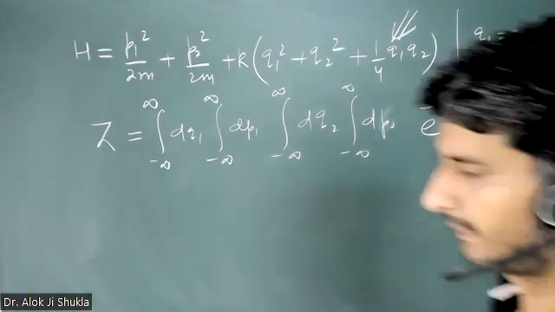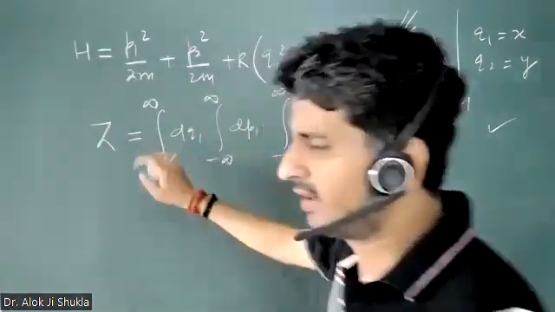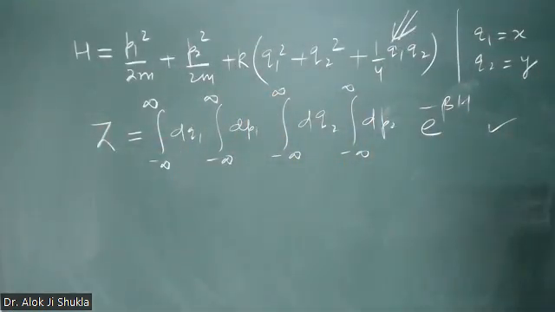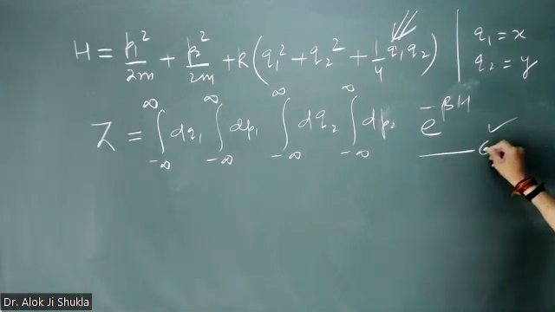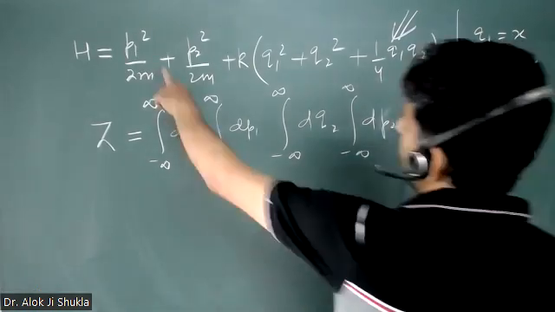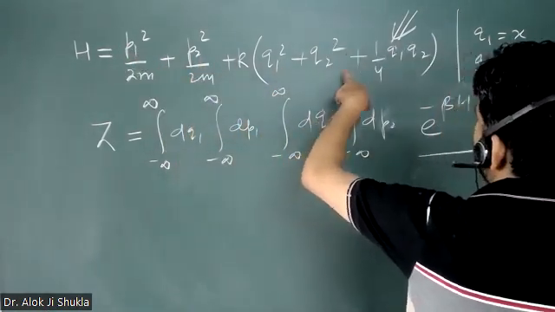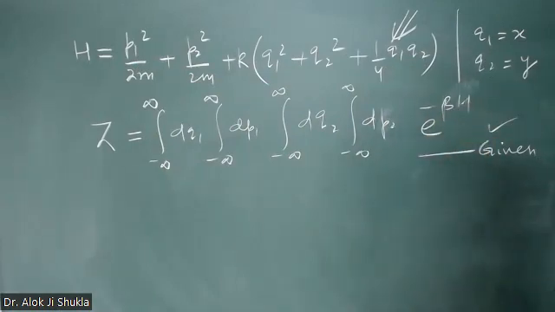एंड यहाँ पे क्या होता है पार्टीशन फंक्शन में 1/h³, बट दैट इज नॉट गिवन, दे हैव डिफाइंड इट लाइक दिस। ये दिस इज गिवन, अप टू दिस इट इज गिवन। इसमें कोई चीज ना समझ आ रही हो पहले ये पूछ लो, उसके बाद आगे डिस्कशन करते हैं। अगर सिंप्लिसिटी के लिए आप चाहो तो इसको px py, इसको x² y², इसको 1/4 xy ऐसे भी सोच सकते हो।